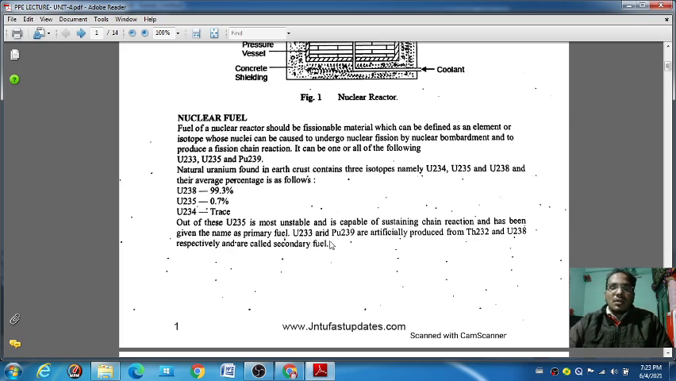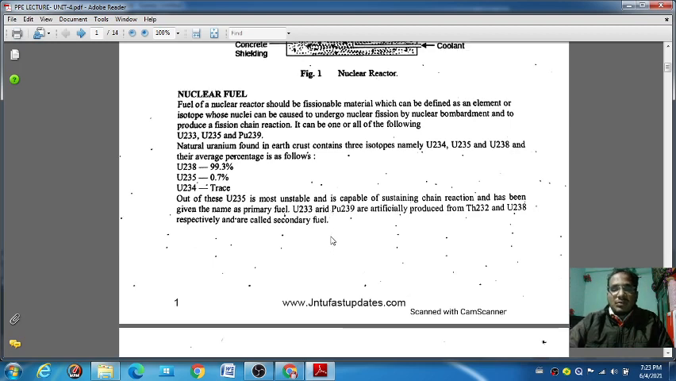U233 and PU239 are efficiently produced from TH232 and U238 respectively, and are called secondary fuel. The rest of the nuclear fuels we call secondary fuel, and that secondary fuel is produced from TH232. Okay,